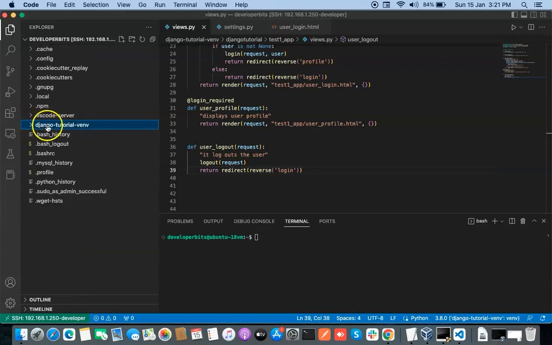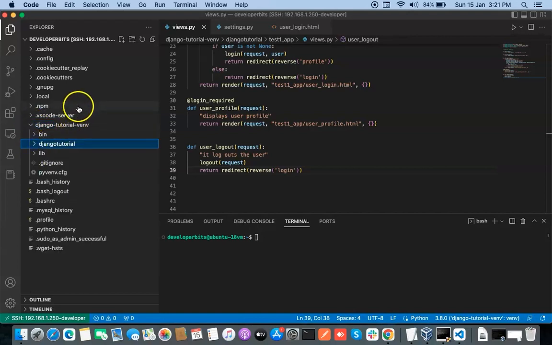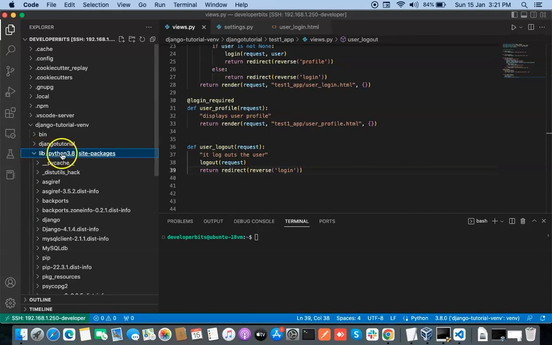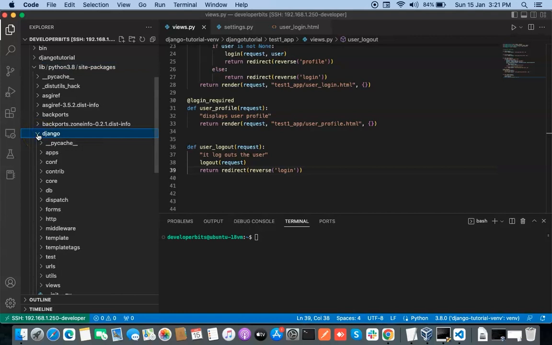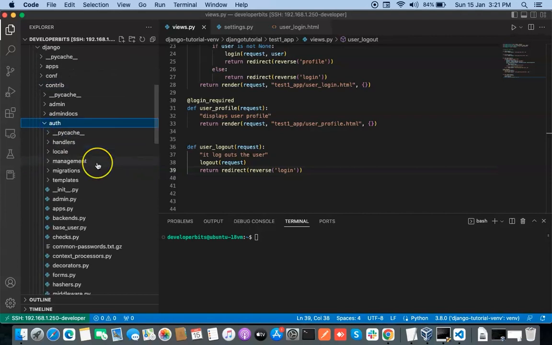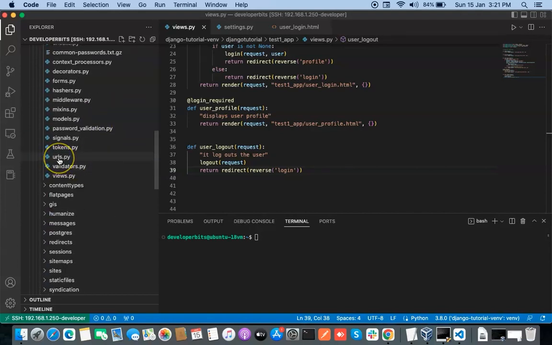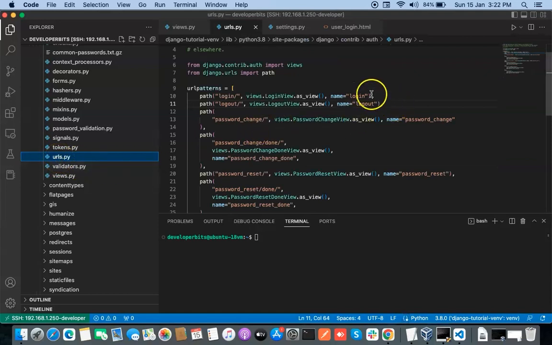So this is my virtual environment, and let us expand this, and this is my project directory. Let us go to the lib folder, and there is Python 3.8 and site-packages, and inside site-packages we have the Django package. Inside Django just go to the folder contrib and then the folder auth, and there will be a file called urls.py, and you can see that Django has already defined these URLs: login, logout, password_change, which is used